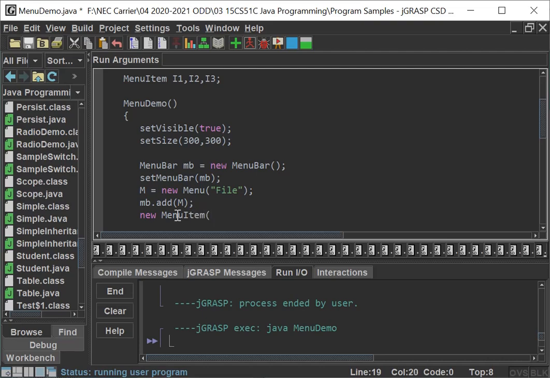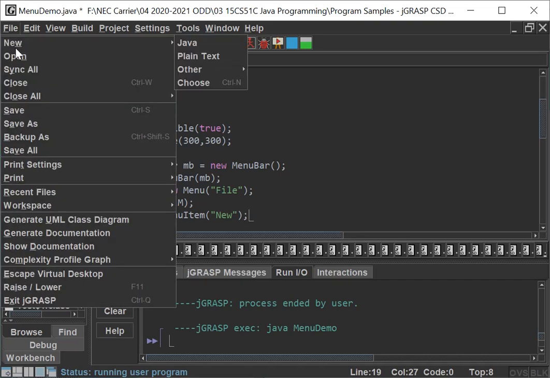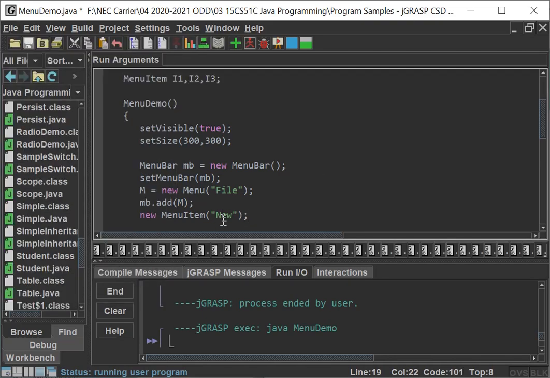Okay, so what is the name that we have given? I1. Now I1 we will get. So what is the first name of the menu item? New. New is the first name of the menu item. Right here you can see in the file menu, the first item is new. So the new has been created. Where will the menu item be? For creating the menu item, we have already created the menu variable in order to collect that. So the object has been collected by this variable I1. Very clear?